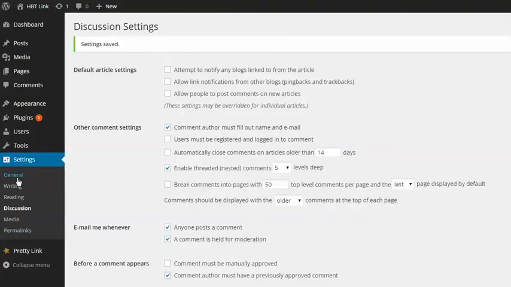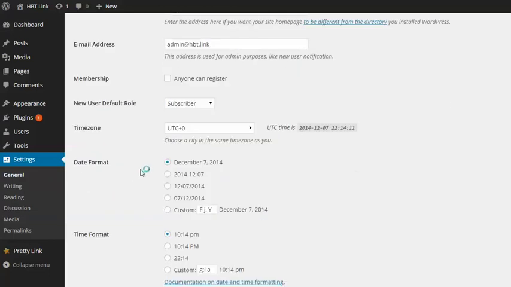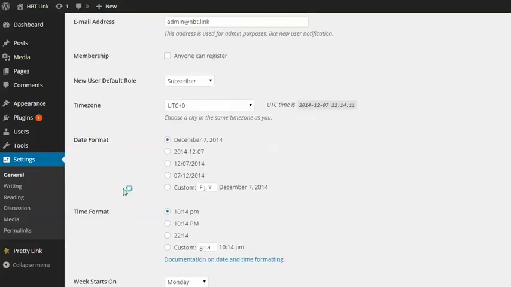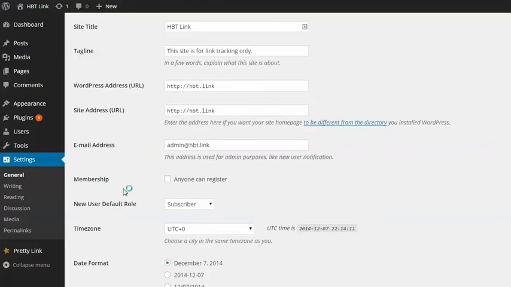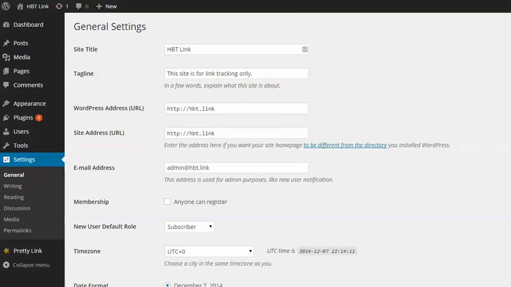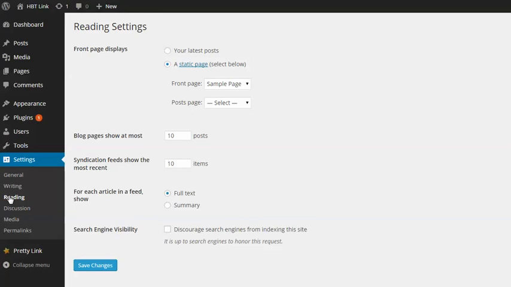And the last thing I want to do is hide this from the search engines, if I can remember where it's at. I think it's under Reading. There it is. So under Settings and then Reading, Search Engine Visibility, I click that, and I'll also use